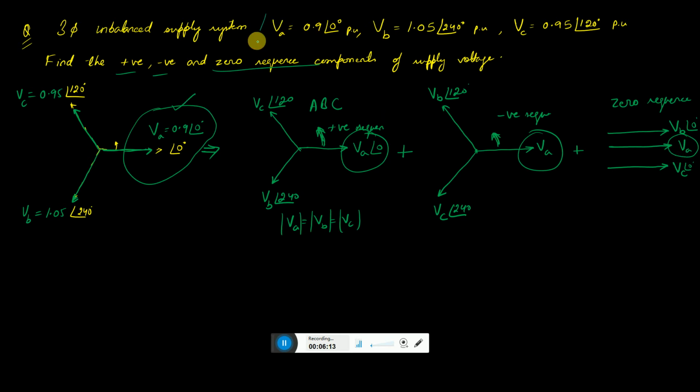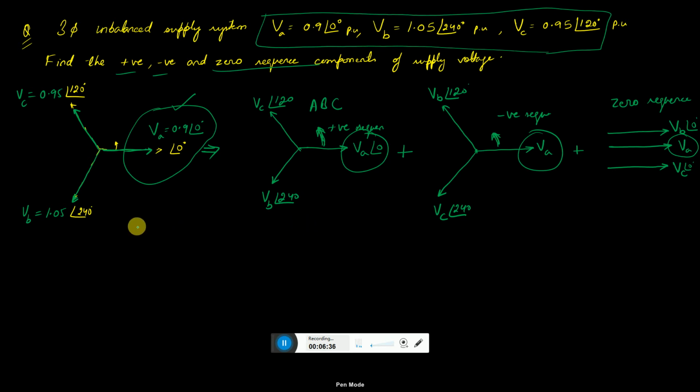However, in this particular example, what we are going to learn is, if the magnitudes are made unbalanced, like VA, VB, VC, they are not equal, will there be any negative sequence or will there be any zero sequence? If yes or not, that we will see. So what we can get the formula out of this is that